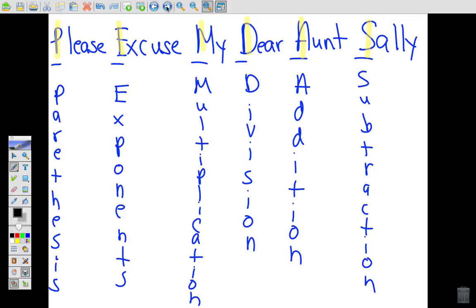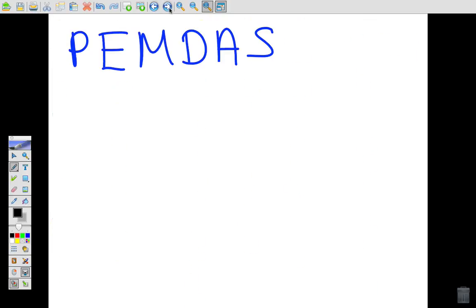Now let's take a look at a phrase that you've probably heard before, "Please excuse my dear Aunt Sally," with the P standing for parentheses, the E for exponents, the M for multiplication, the D for division, A for addition, and the S for subtraction. We abbreviate it as PEMDAS, and this phrase tells us the